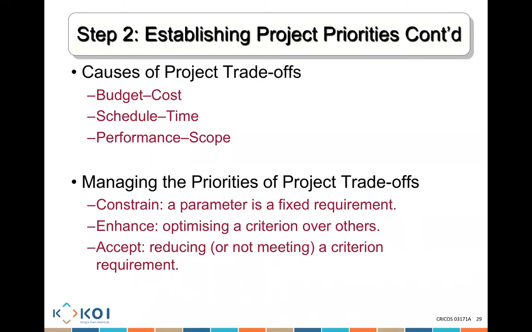So if you say you would like something to be delivered within a budget of $100,000, but the work needs to be done, you might accept that you are going to need an increase in the budget. You accept that change as a result of whatever criteria you have for a particular project. But the bottom line is, when you're talking about these criteria, you need to ask: what do we know about them? Are they constraint criteria? Are they criteria we can enhance? Are they criteria that we can accept that we're not going to meet? What do we need to bear in mind from a priorities perspective?